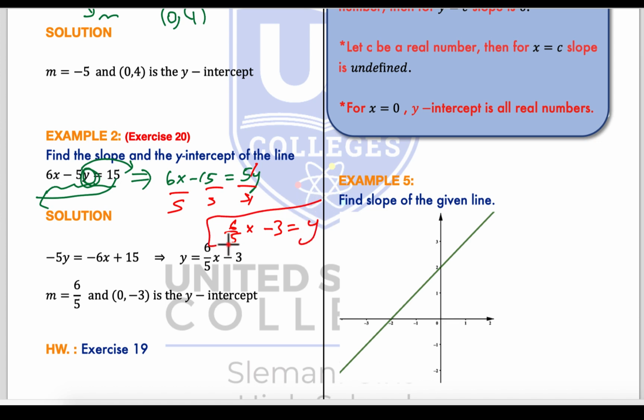Now my equation is written in slope-intercept form. I can identify the elements. What do I need to find? I need to find the slope. Slope is the coefficient of x, and I also need to find the y-intercept. It's clear that this number added here will give us the y component of the y-intercept, and the x component is always 0. All right,